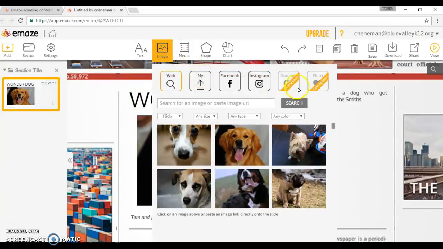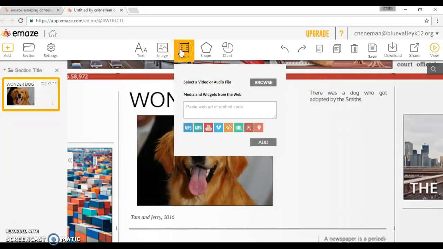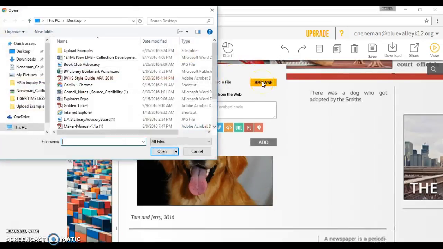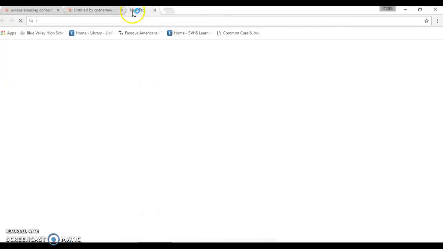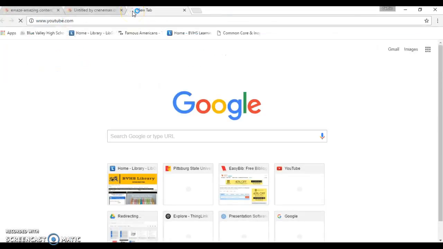You can upload your own. If you've got your Facebook or Instagram, that would probably be personal because I'm guessing you can't get on it at school. But just know you can do all that. You can insert media. Okay, so the way this works is when it asks you to select a video or audio file is if you have your own, you can go here. Or if I've got a YouTube clip that I want to include,